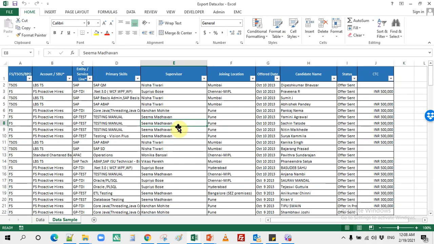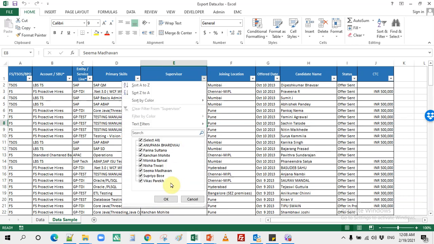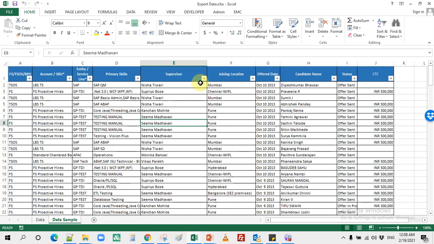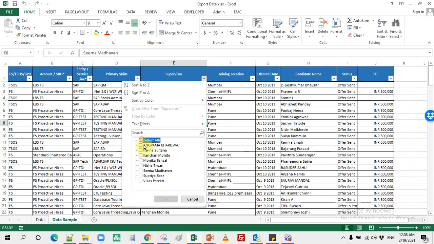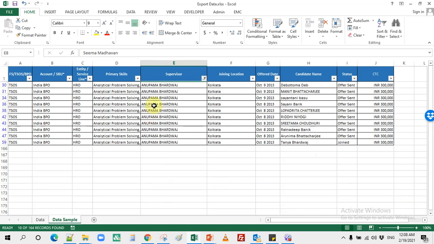So here I have data which looks something like this, and I have to share this data with the supervisor. So all the supervisors I have listed here, and so when I want to share it with this person, I only want to share this much data.